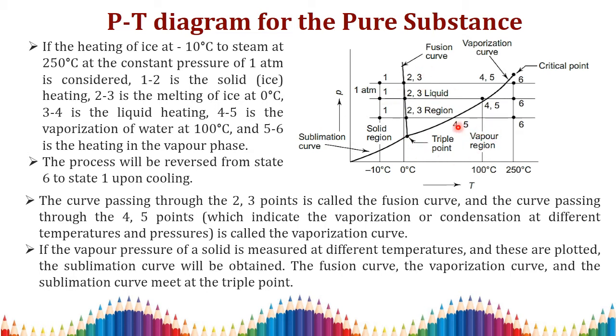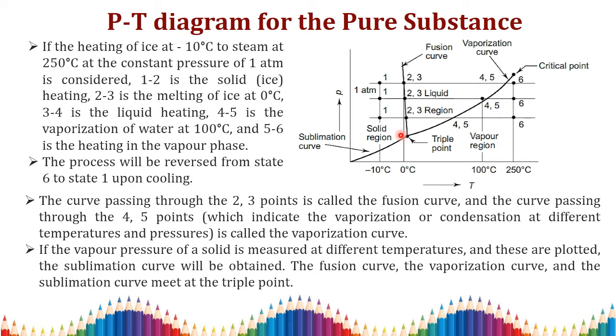Okay, right. So here we all know this is your vaporization curve and this is your fusion curve. Okay, so the fusion curve: the latent heat added to convert solid to liquid is the latent heat of fusion. The latent heat added to convert water to vapor is called vaporization. That latent heat is known as your latent heat of vaporization. Here this is your sublimation curve. Okay, so the meeting of these three curves is called the triple point, right? This is your triple point.